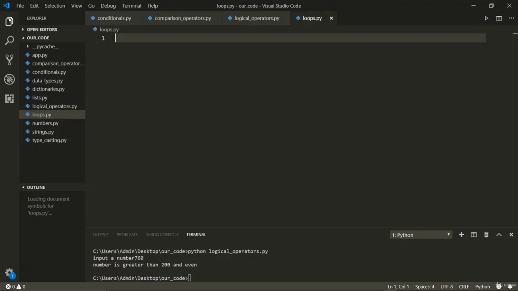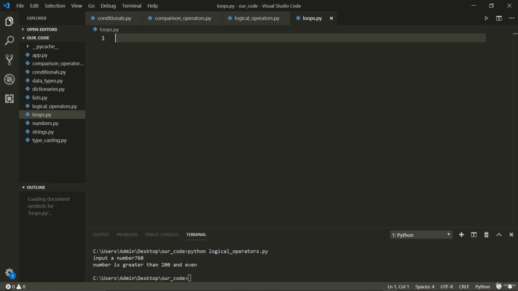Now let's practice this in Python. There are two types of loops when it comes to Python. There is a while loop and there is a for loop, and this is probably the same in all languages, and they can both be interchangeably used. One can be used to do the task of the other, but most of the time